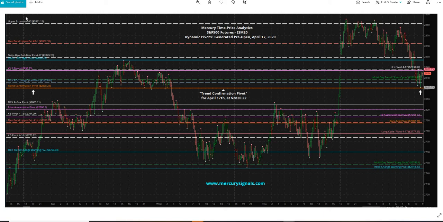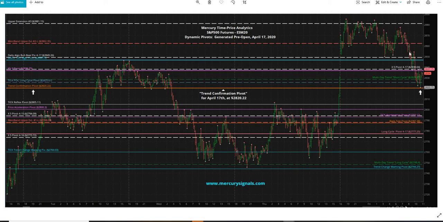It bounced around in there. It came up to this upper extension at 81, actually went to 85. And then you come down here and ultimately you break that. And where did it stop on Friday morning? Right here at our trend confirmation pivot, 28-20-22. So we were short